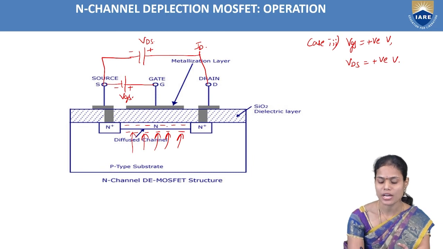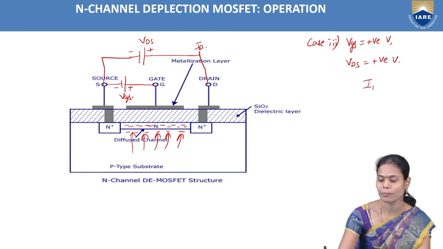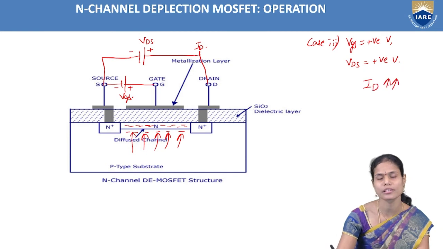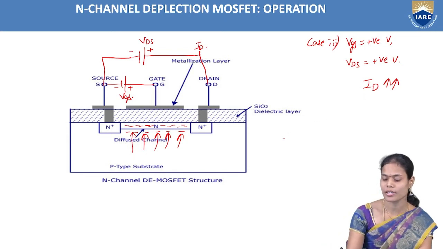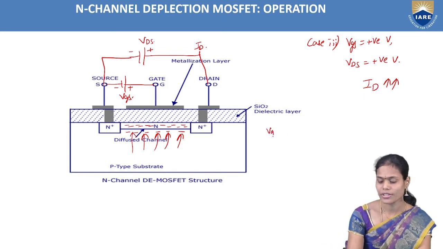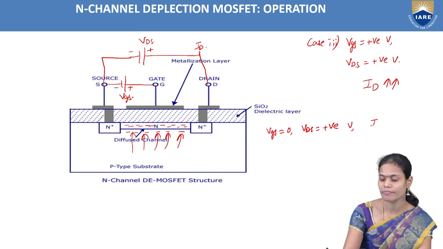So the number of charge carriers is increasing in the channel. Once the number of charge carriers in the channel increases, the drain current will increase. Once the electron flow in the device is increasing, automatically the current conduction will also increase. So we can summarize here: when VGS equals 0, VDS is equal to a positive voltage, we will get the